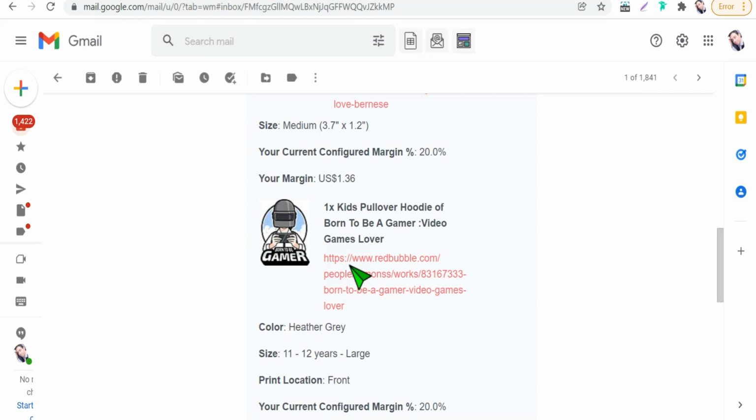The first one is concerned with the kids pullover hoodie. Unfortunately, most of you neglect to activate kids clothes. So if you are a newbie on redbubble.com, you have to give some interest to kids clothing. And of course, it is also about activating all products as much as possible, because Redbubble is a